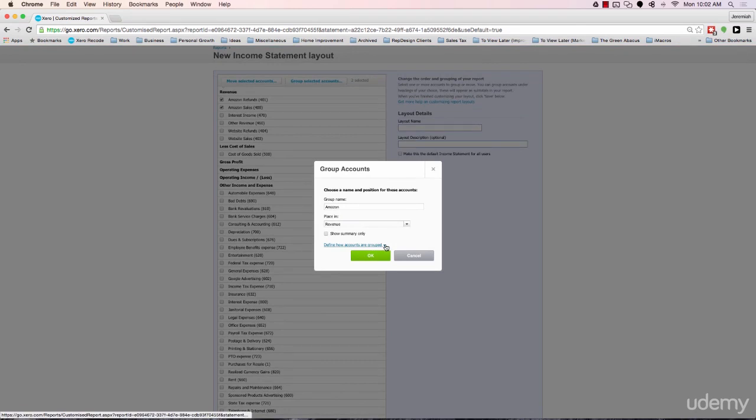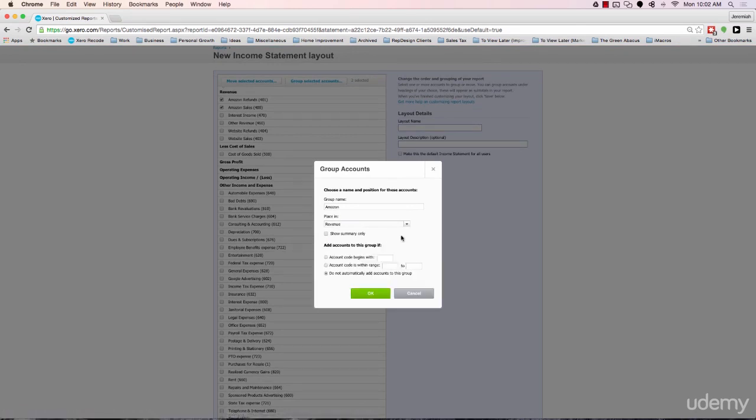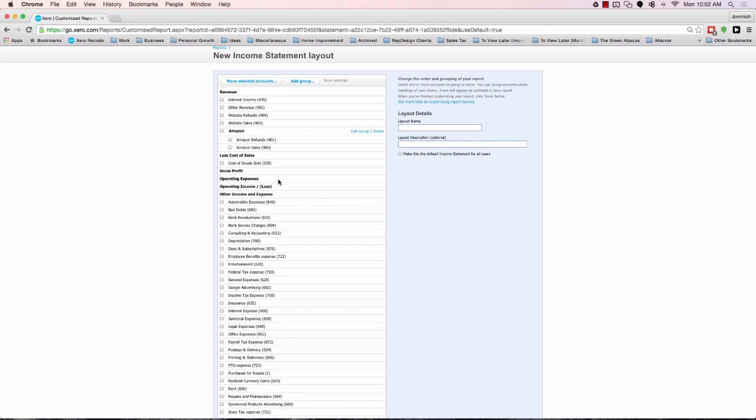So the final option we have is we can define how the accounts are grouped. So if you want to create kind of an account grouping rule, you can say account codes that begin with a certain number or a certain letter. You can automatically group these, or you can simply choose to not automatically add accounts to a grouping. So I generally don't do this, but if you figure out a way that makes sense for your business, go for it. So now that we've done that, we'll click OK. And all of a sudden you see under revenue there's this Amazon section where we have sales and we have